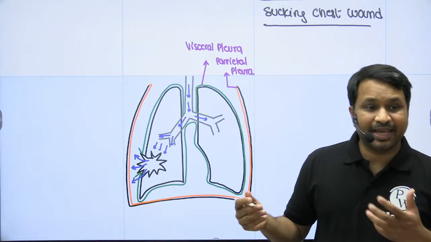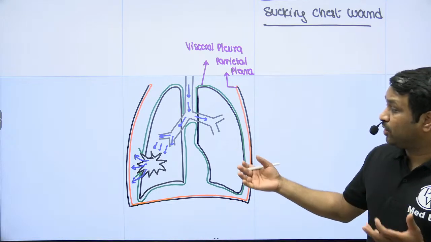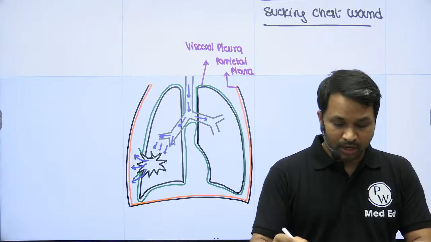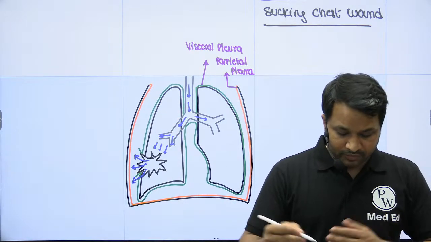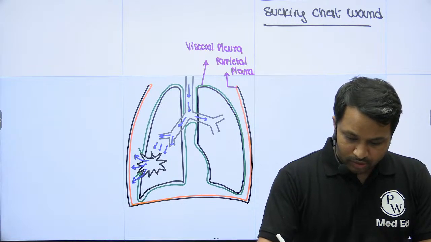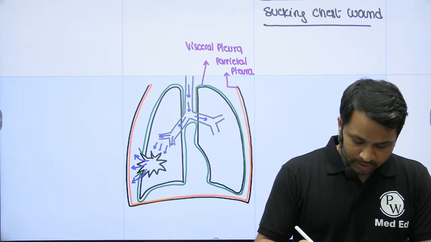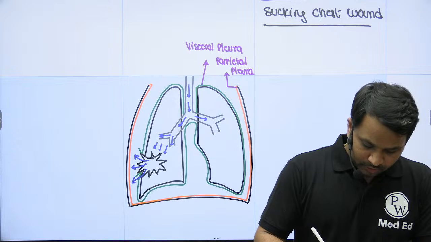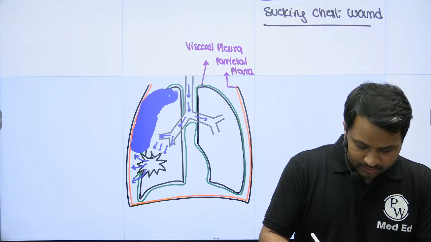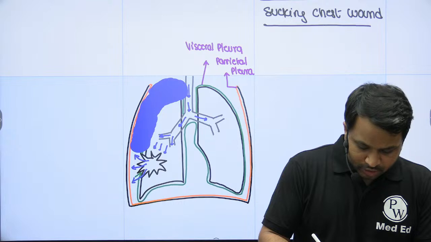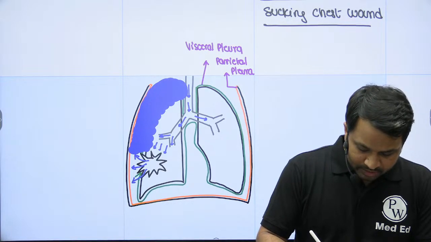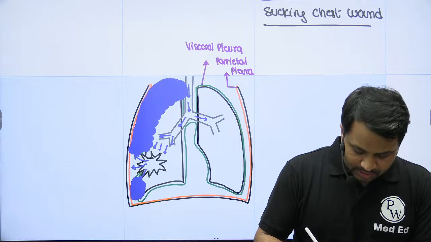Now, as the air leaks out, where is the air going to collect? It is going to collect between the visceral pleura and the parietal pleura, and as more and more air continues to go in, you will see more air is going to get accumulated. This is what it is going to result in. You can see as more and more air leaks out, it is going to fill